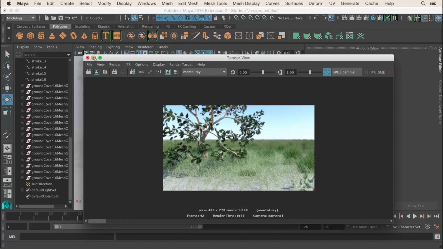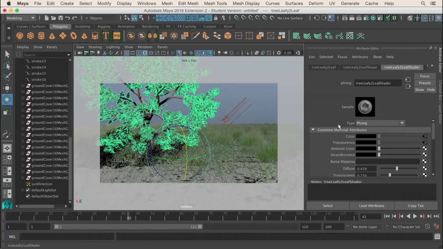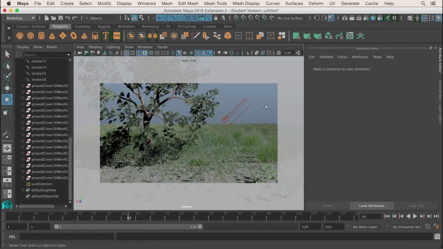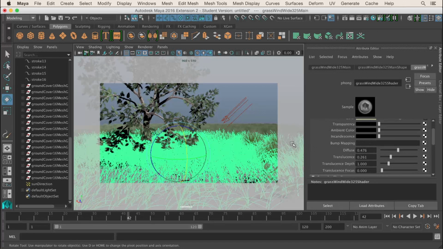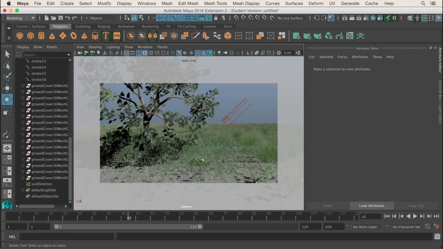So I'm just going to come over here, and I think the leaves are a bit too dark at the moment, so maybe just change the diffuse up a little bit just so that they get lit a bit more. And we'll grab the grass, and I'm going to just change the reflectivity down to 0 because it looks okay here, so that means that the reflections are probably affecting that. And I'm just going to take my plane,